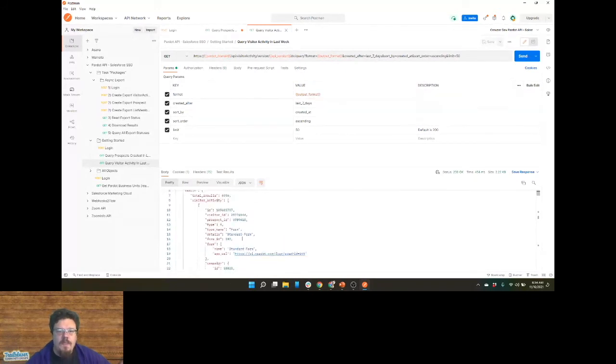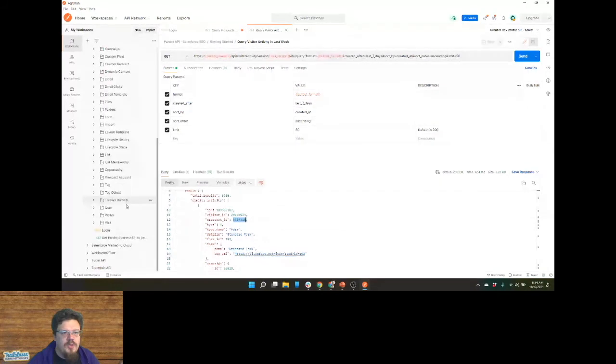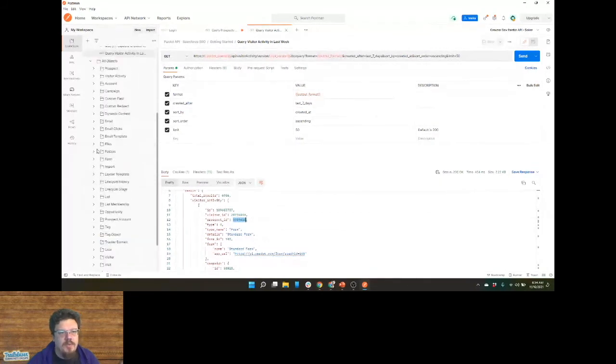And not very useful at first because it's got this prospect ID. Well, we can look at the other tab and we can start looking for that prospect ID. But we can also do things a little bit more direct. So I want to grab this prospect ID, copy that. I'm going to scroll down to my prospects. Oh, prospects are most common, so we put that at top.